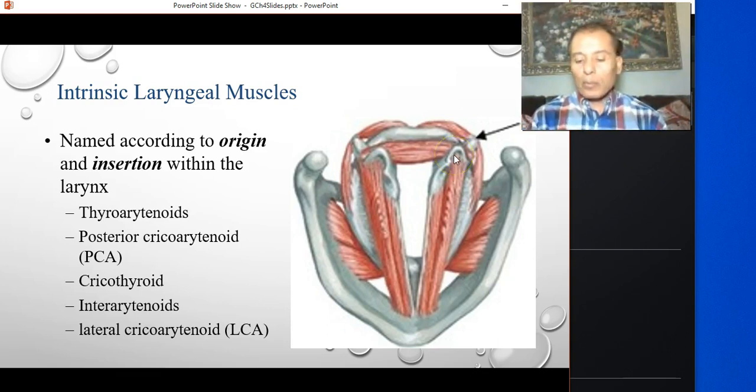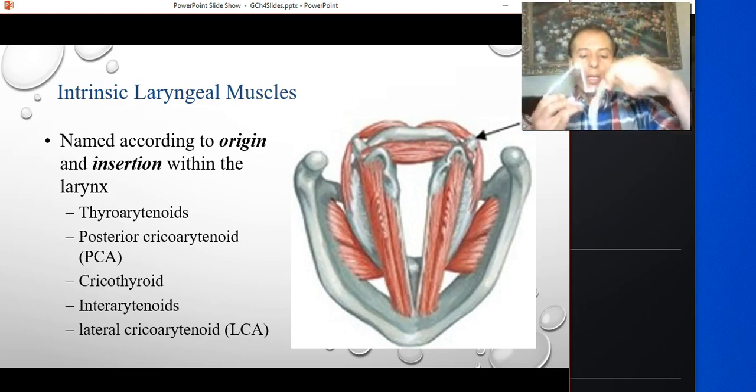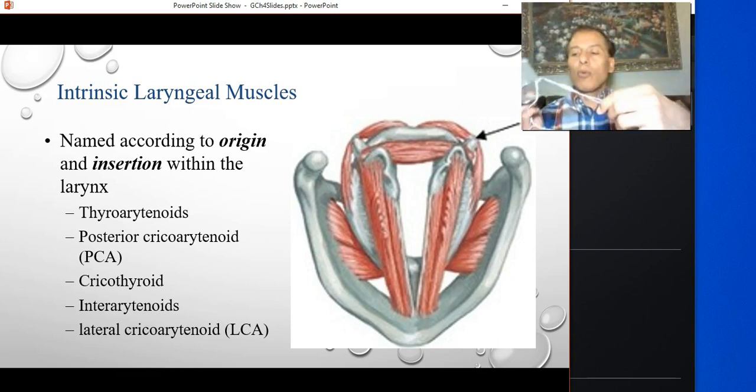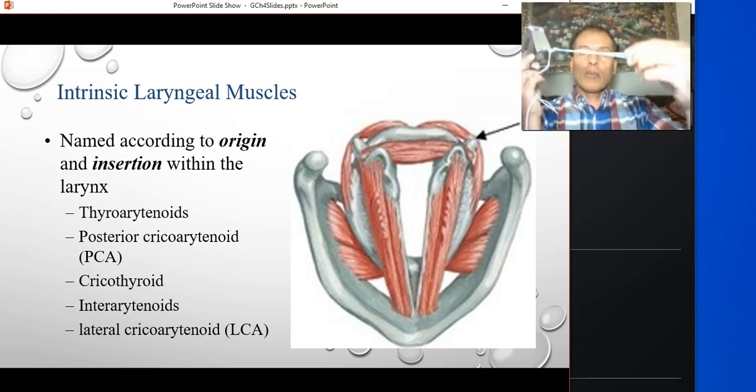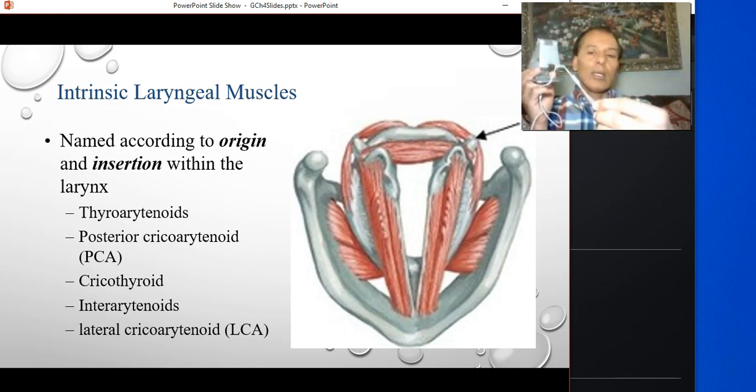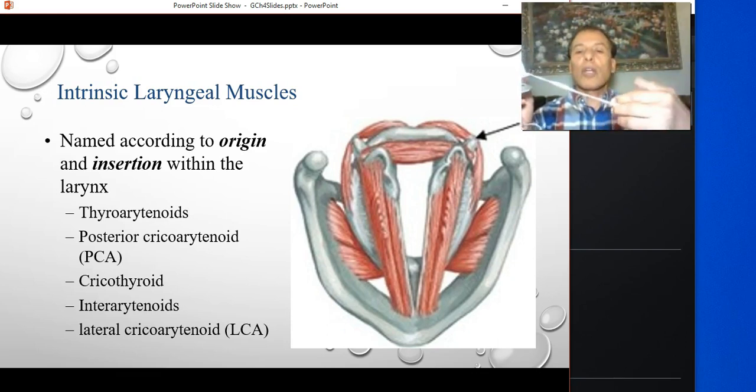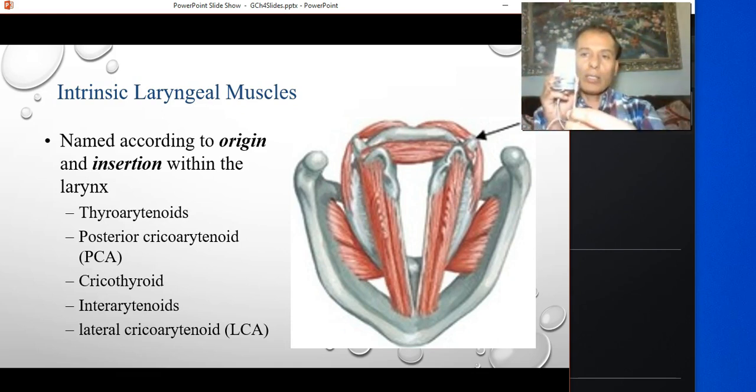Basically, each one of them is connected with a vocal fold like this. So you imagine there's one, and the other one is connected, and the vocal folds in the front are together. But when you have the arytenoid, say like this, and if you rotate the arytenoid, you're going to bring the vocal fold to the midline. Rotate the arytenoid the other way, you take the vocal fold away.